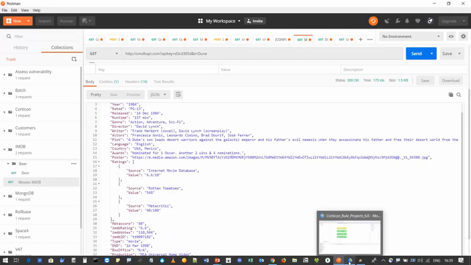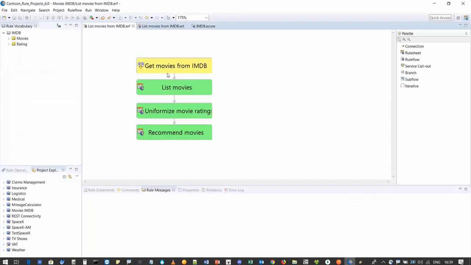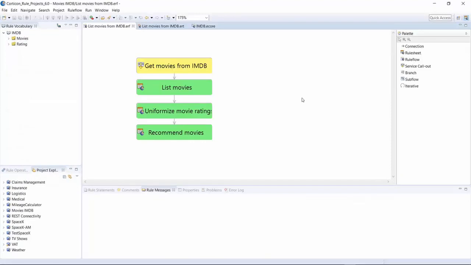So we actually want to see this in Corticon. So this is our service, right? We get movies from IMDb. The yellow brick here in this rule flow is actually my REST callouts, right, that I just talked about. And then the green blocks are essentially my rules, right? So if I click on recommend movies,